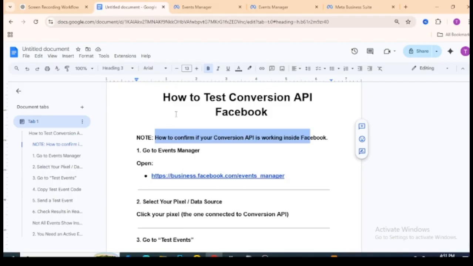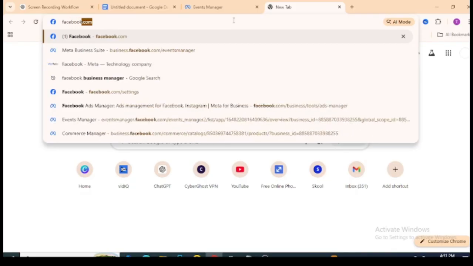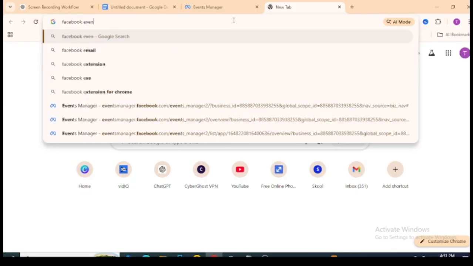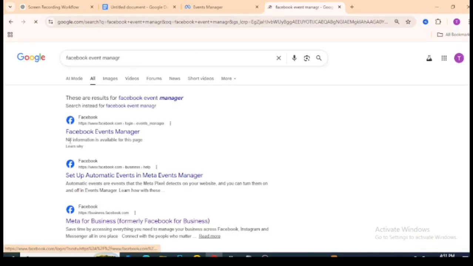So first thing we're going to do is go over to event manager. Okay, type in Facebook event manager. All right, super simple. So I'll click on it right here. This one right now is usually for people who have an account. This, I think,